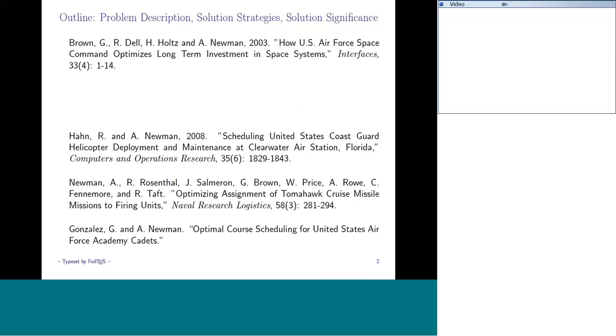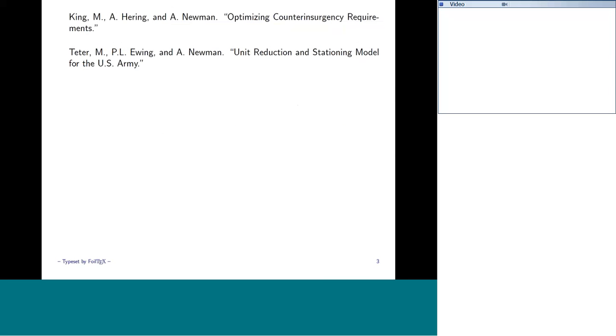And then the other 2 topics I'll discuss are some work, first of all, with Marvin King, who's a major in the Army, and Professor Amanda Herring, who's a statistician here at Mines, dealing with optimizing counterinsurgency requirements. And finally, some work with another Army officer of mine here at Mines, and my first PhD student ever, who's now on the faculty at NPS in the OR department, Lee Ewing.